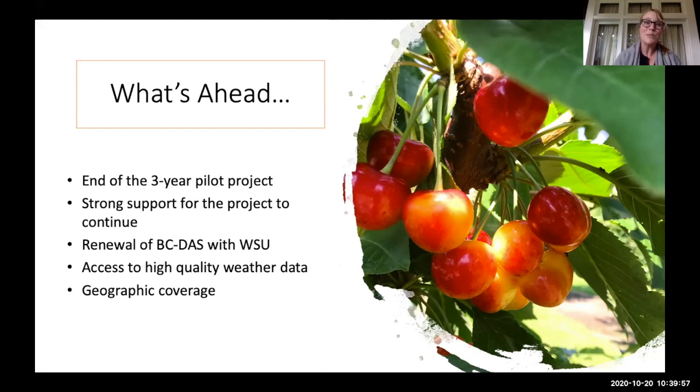So as we expand our tree fruit production into other geographic areas, and certainly we're starting to see a lot more interest in the Kamloops area and planting cherries up into the North Okanagan, as well as a huge expansion of the tree fruit industry in the Creston Valley, Grand Forks, Midway as well. So we've had a lot of interest from those areas to expand our geographic coverage and potentially to roll those tree fruit growing areas into DAS going forward. So that's an exciting point for our project.